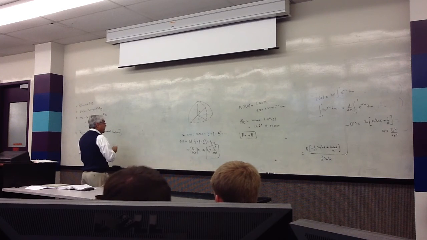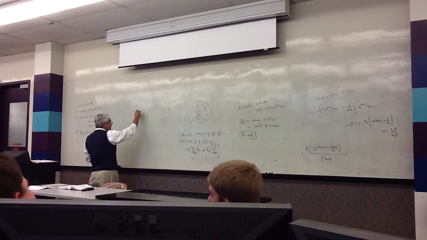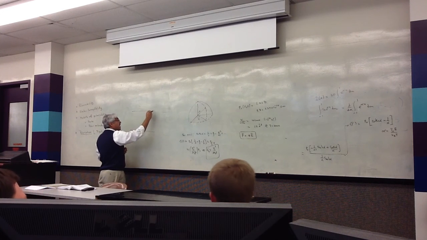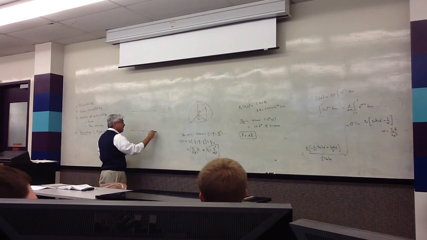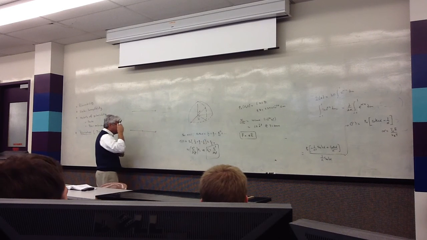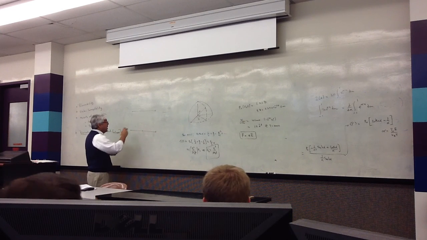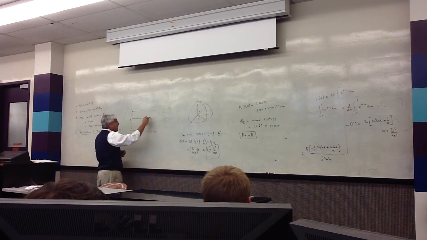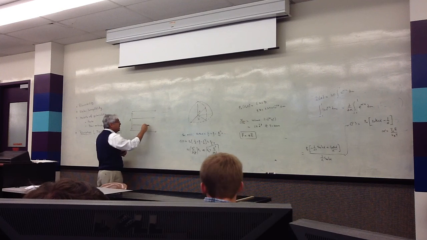Imagine I have a parallel plate capacitor, and I have a sigma here, and a sigma there is minus the sigma that I have, of course, on top. And this distance here is B, and I have now placed inside this a conductor that has a